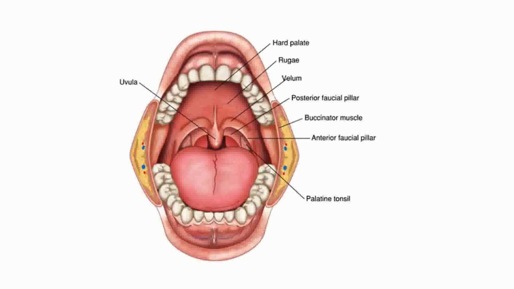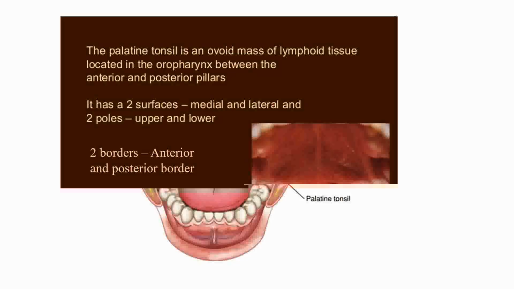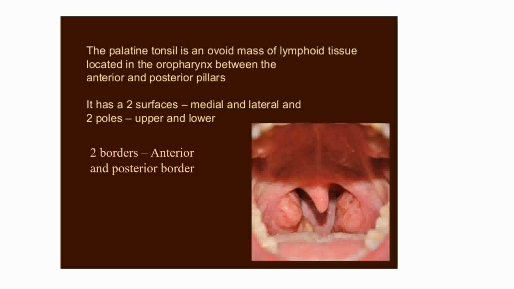Till now, you might have seen a schematic picture of a tonsil. Now you can see the live picture of a tonsil. In this picture, you can make out the part projected in the center, that is the uvula. On either side of the uvula you can see an arch, the palatoglossal arch. Just behind the palatoglossal arch you can see two ovoid masses, that is the tonsil. This is how the tonsil is located.